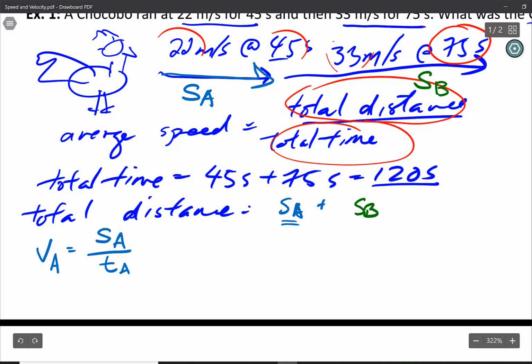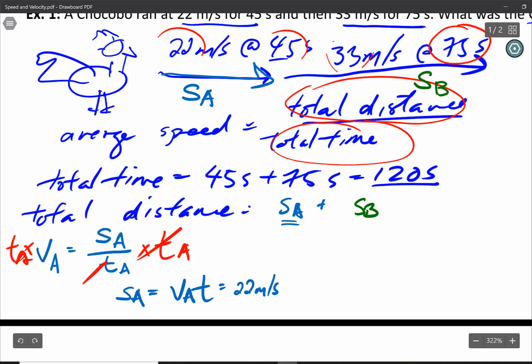If we rearrange this to get SA by itself, we get SA is equal to its speed times the time, and that is 22 meters per second times 45 seconds,